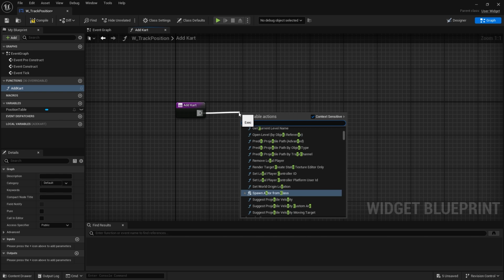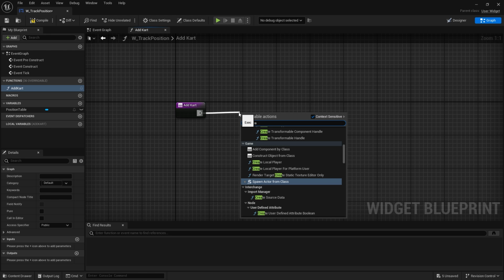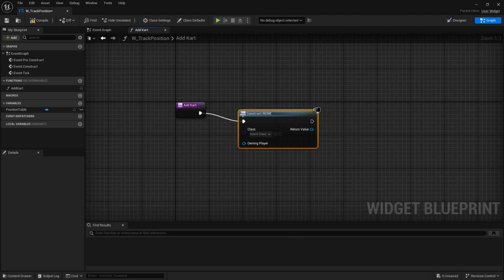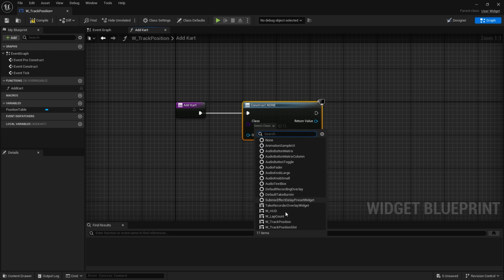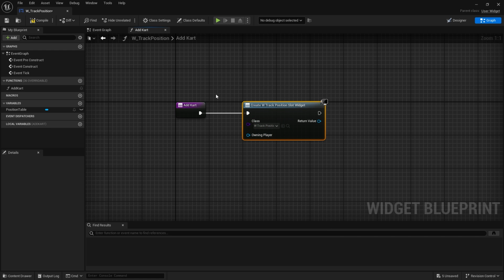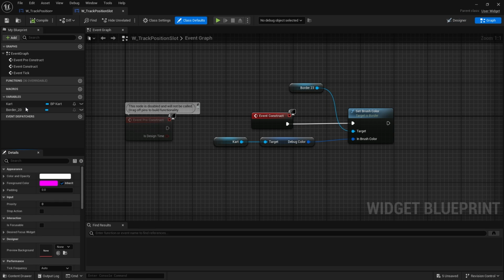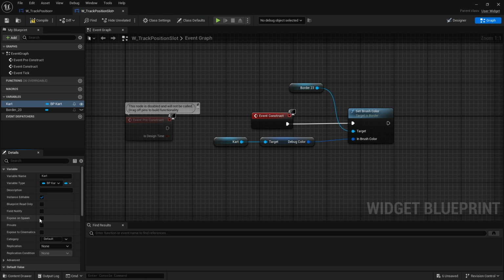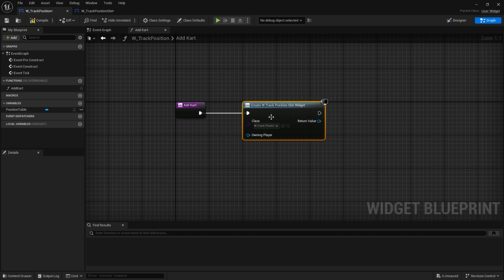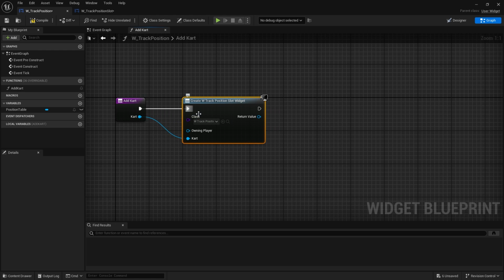And in here, we're going to create a widget. We're going to choose our track position slot. And, oh, I forgot to make it exposed on spawn. Hold on. Cart, editable, expose on spawn. I'll refresh this now. It's there. And that's going to be an input. So when we go to add cart, when we call that function, it's going to add it onto the function parameters here. And when we create the slot, we're going to add it to position table, but as well as